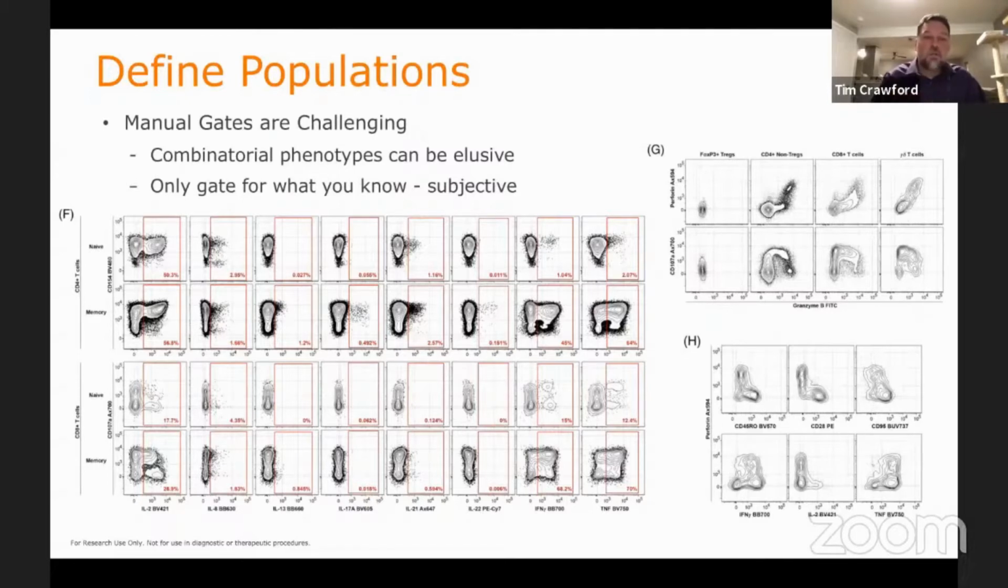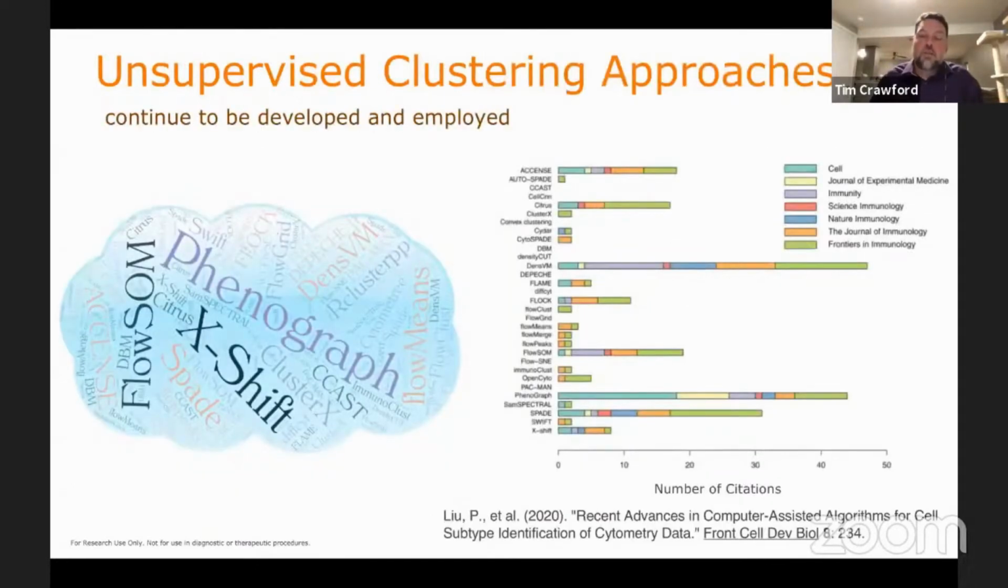You only gate for what you know, so gating is subjective, and you cannot go through every single bivariate option and actually find populations in a manual way. You're never going to know everything about your system. You may be using new markers. And so this is where those unsupervised clustering approaches have come into use in the field over the past 12